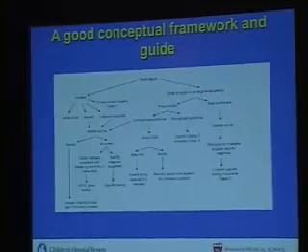So kind of back to the algorithm, I think that we decided at the end of this process that it is probably a good conceptual framework and guide to the evaluation of children with short stature. It's not the be-all and end-all. The one thing about guidelines is you start with the evidence that you have, and in this instance there really was not a lot of evidence in the genetics literature on how to proceed. And you get people together and try to make some sense of what we all do. And sometimes that's the hardest part. We all kind of practice this way, but sitting down and putting it on paper is difficult.